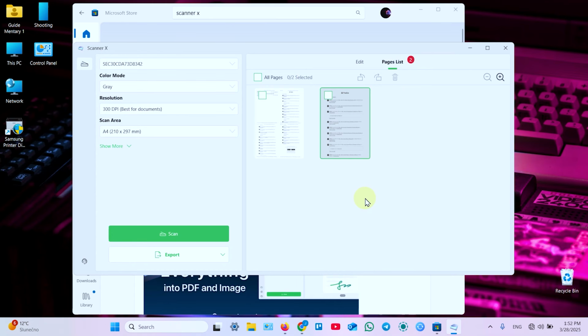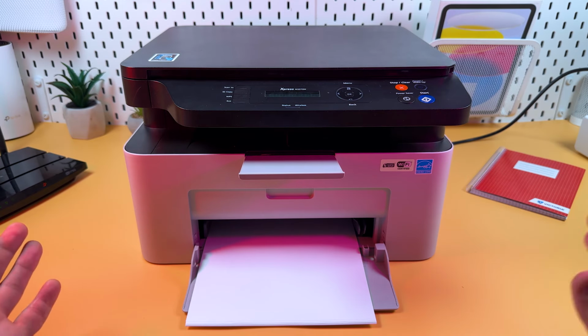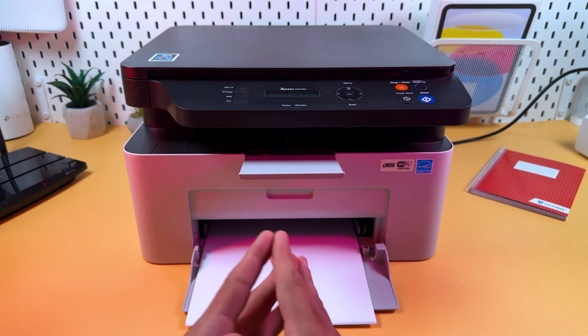And that's pretty much it. If you need some advanced scanning functions, you can explore other scanning applications, but probably you will need to pay for a better application like Adobe Acrobat Pro and so on. And I think that's it for today, guys. Now you know how to connect your printer to Windows PC and start using it, and I hope this was